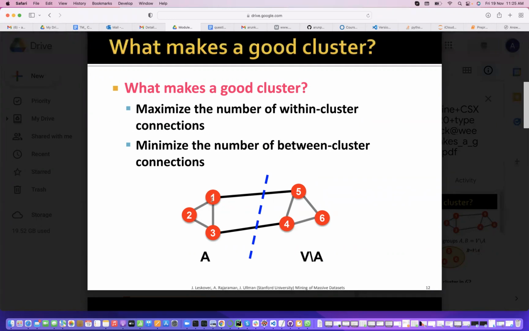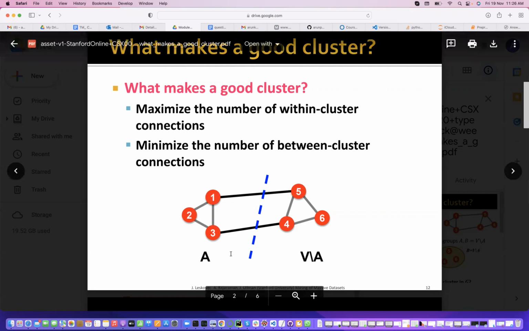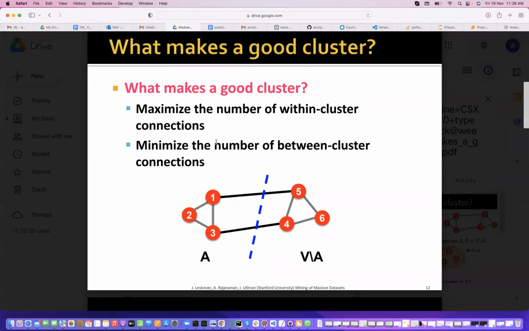So if you take one, how many connections does it have? 3. So within the cluster, how many does it have? 2. Outside the cluster? 1. So it is maximized in some way. Within the cluster, it has. For each node, it is the same case you see. For 3, 2 inside, 1 outside, right? For 2, there are only 2 and both are inside the cluster, no outside connections. So that's why, 1, 2, 3, if you want to partition, you can partition based on this 1, 2, 3. So maximize the number of within cluster connections, minimize the number of between cluster connections.